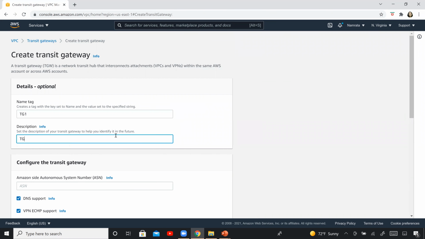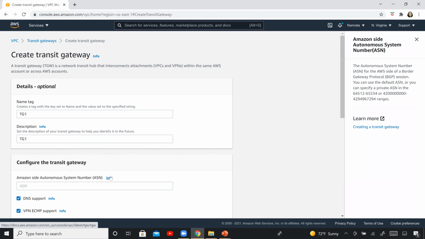Description is also TG1. And this is where we give that big number that you saw: the Amazon side autonomous system number. If you click on this info, it provides additional info right here. This is the autonomous system number for the AWS side of the BGP protocol session, and you can give any number between the ranges they have mentioned.